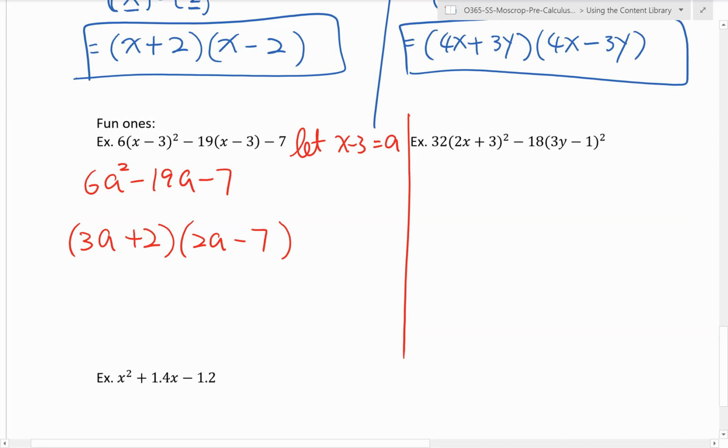Oh, no, it's plus 1. What am I doing here? It's plus 1, right, because 3 times 2a is 6a squared. That's negative 21 plus 2 is negative 19. That's perfect. And now what I'm going to do is substitute